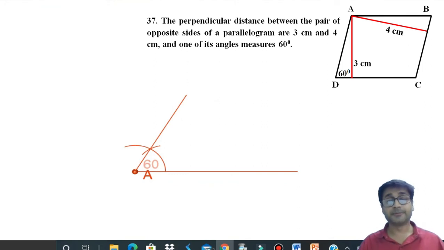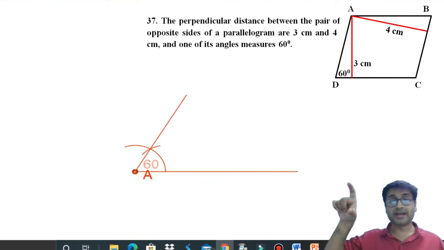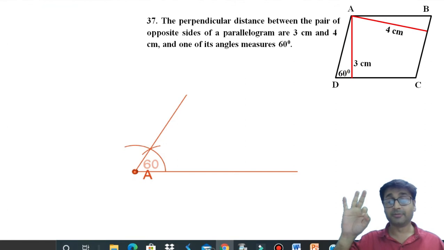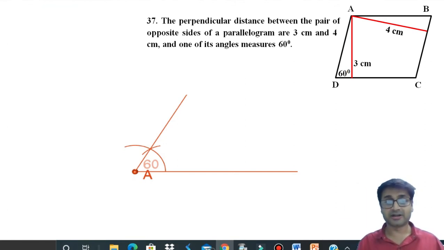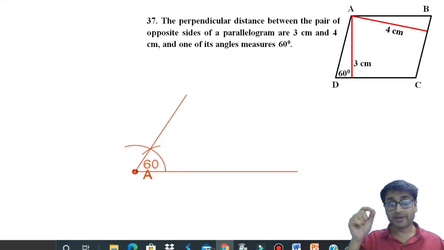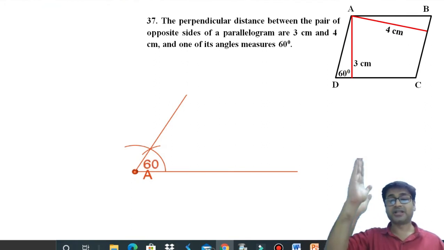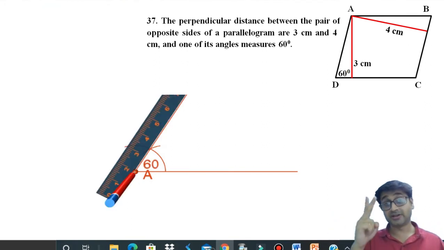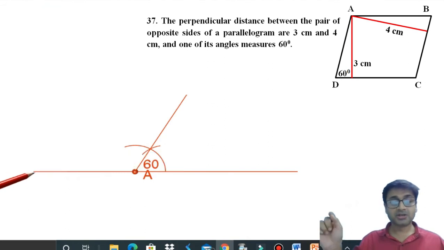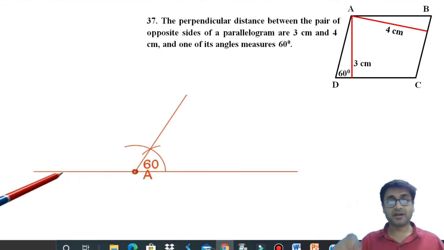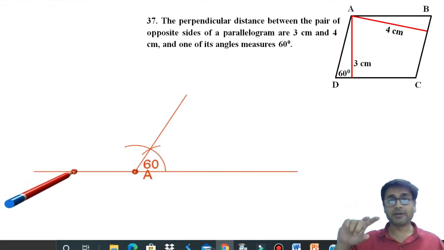Now how to go ahead? The distance between the two parallel lines is 3. That means the height is 3. So if the height is known to you as 3, how do you start? Obviously you extend your base, fix a point M, take 3 on top. Come on, do it. You will get your second mark for sure. Go part by part. Gradually we'll build on it and we will get the sum. Don't worry. So taking the line on the left hand side, fixing a point M, and from M 180 degrees.